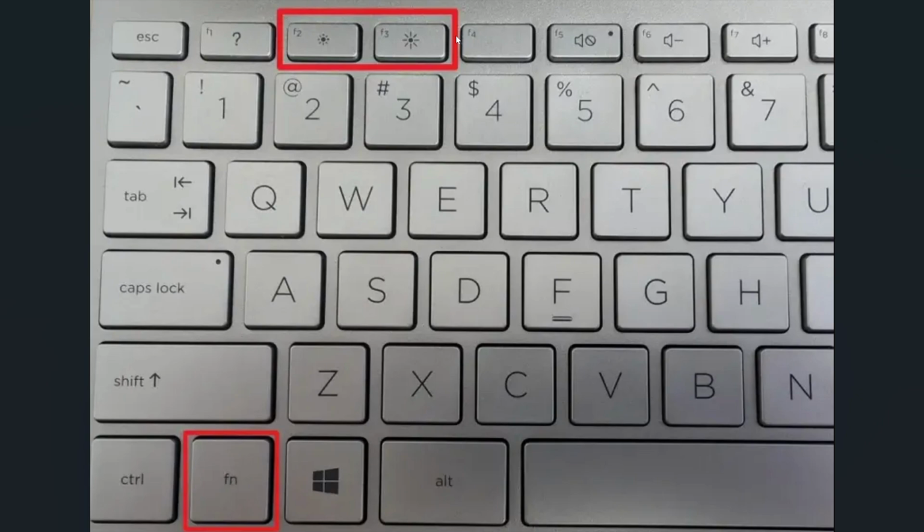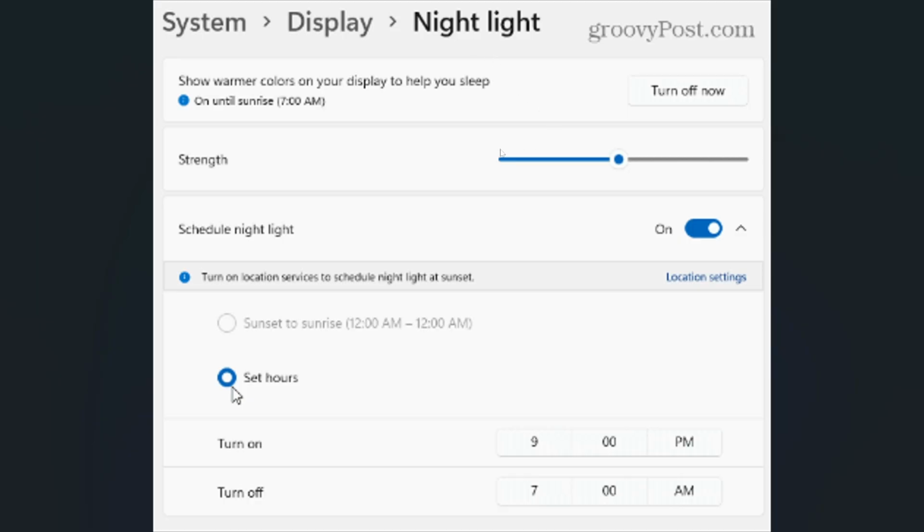If your screen still feels too bright, you can also enable Night Light. Go back to Display Settings and turn on Night Light. This reduces blue light and makes the screen warmer, which is much easier on your eyes, especially in low light